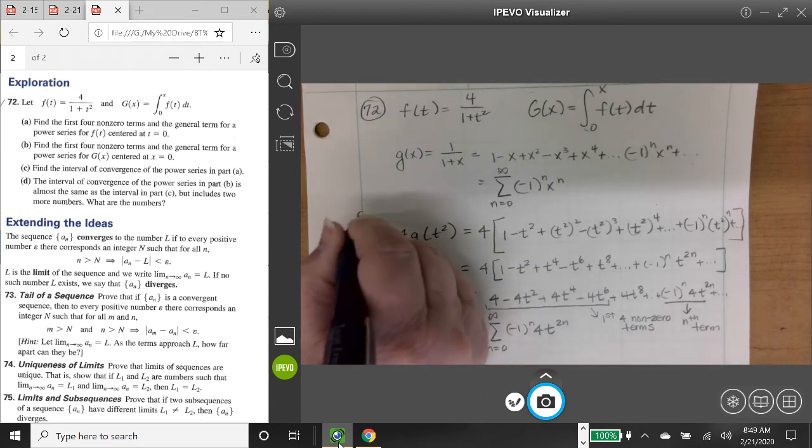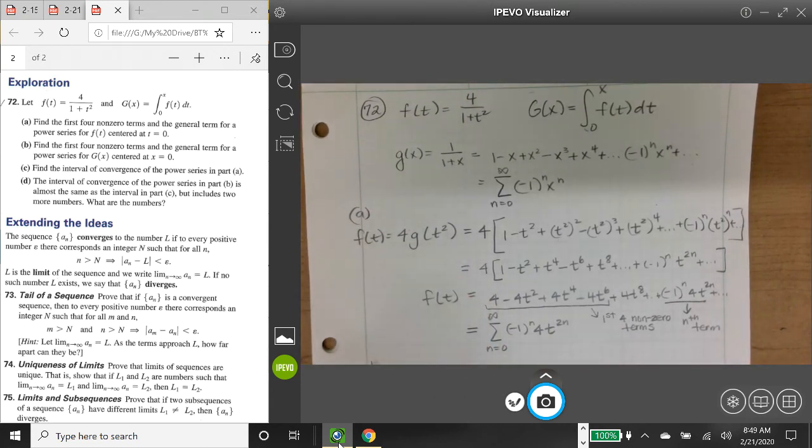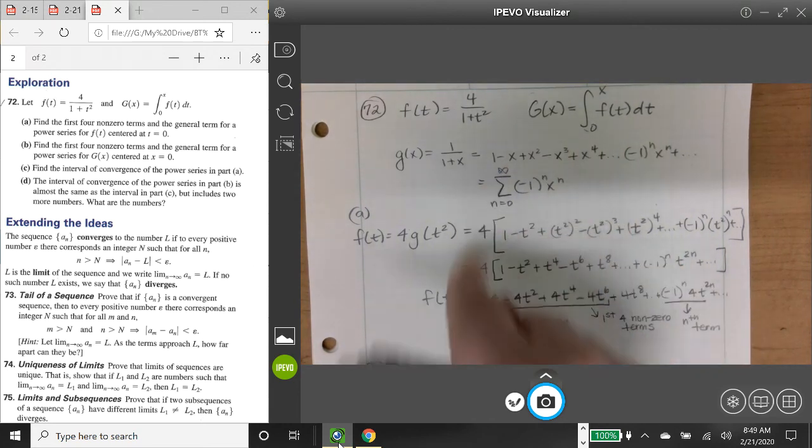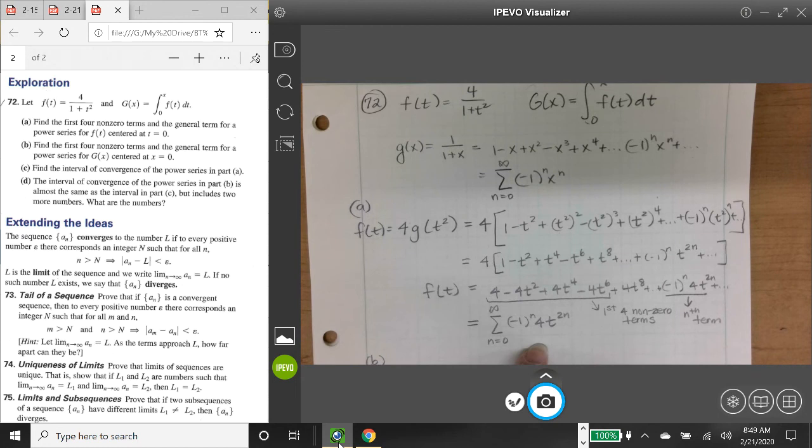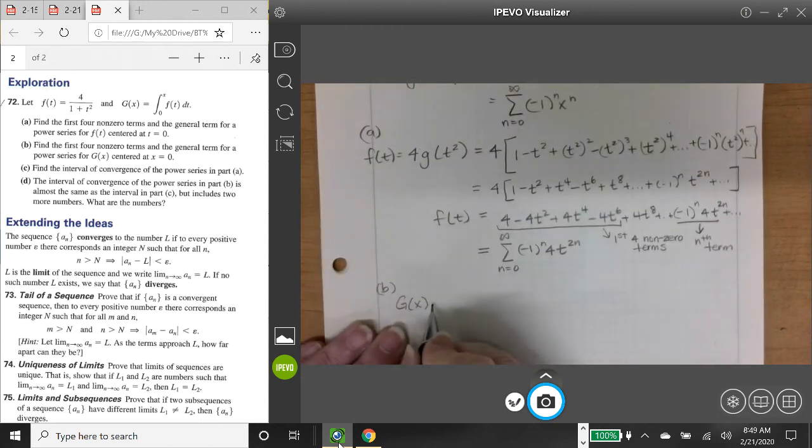All right, so that's part A. Whew, part A done. Part B says, find the first 4 non-zero terms in this general term for the power series for g of x. Well, g of x right here is the integral of this. Okay, so g of x is equal to the integral from 0 to x of f of t dt, which is equal to